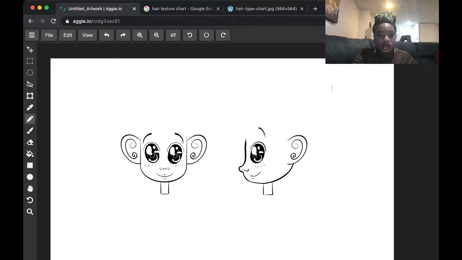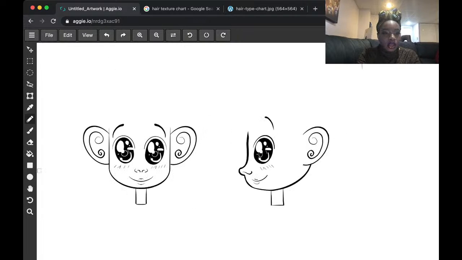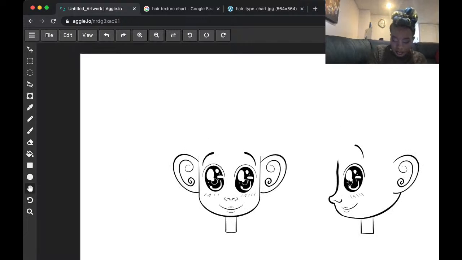So I have my pencil, I have my color picked out. I can change my size right under the color wheel. I'm going to keep it like 20 pixels. And alright, so we're going to do an afro braid. I'm going to zoom in. Alright, so